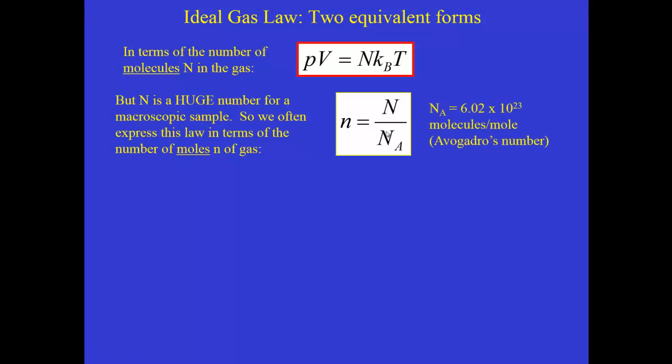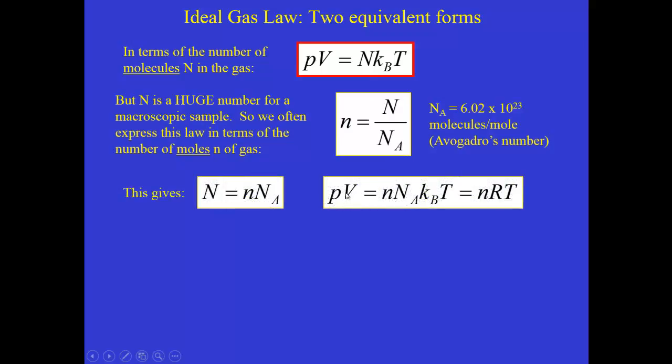And that's probably a number that's familiar to you from previous classes. So we replace capital N with the product of little n, the number of moles, times Avogadro's number, right? So inserting that into the ideal gas law gives this expression. And so now we have the product of two constants, Avogadro's number times the Boltzmann constant, and the product of those two constants is itself a constant that we usually call the ideal gas constant, and we use capital R